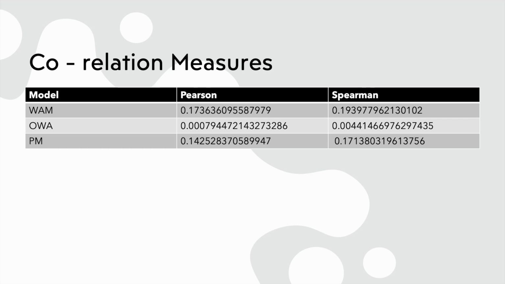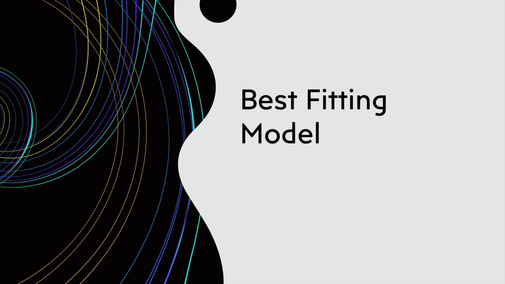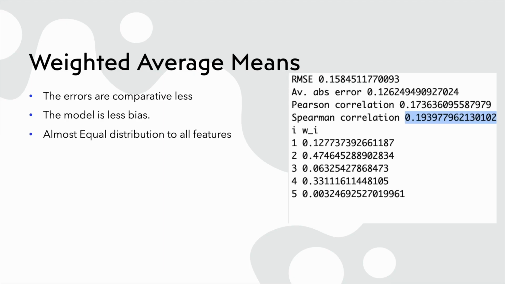And even if I look at the correlation coefficients, I would say weighted average mean and power mean are better, combining RMSE and correlation coefficients. After this discussion, we'll move on to which model is the best fitting model. For the weighted average mean, we have seen the RMSE is 0.15, and we already discussed the RMSE, absolute error, Pearson, and